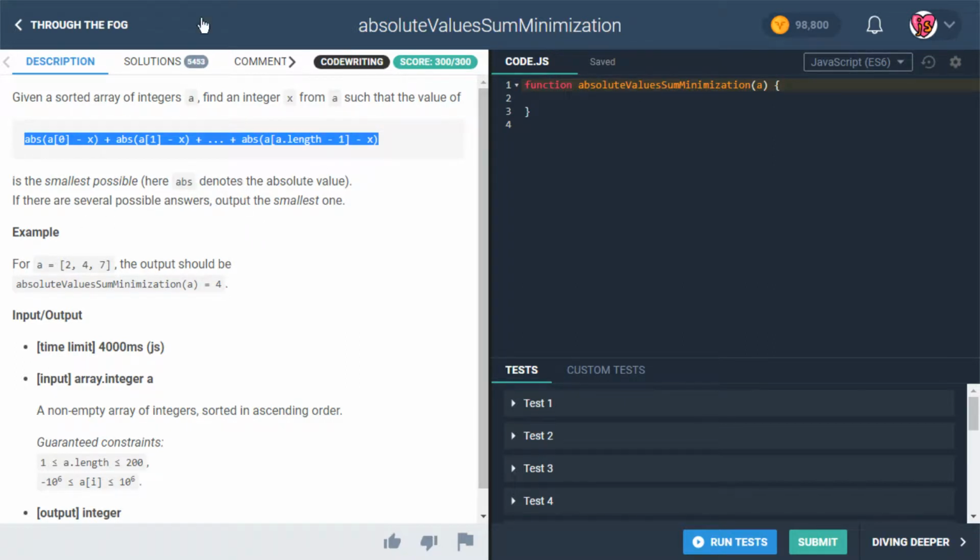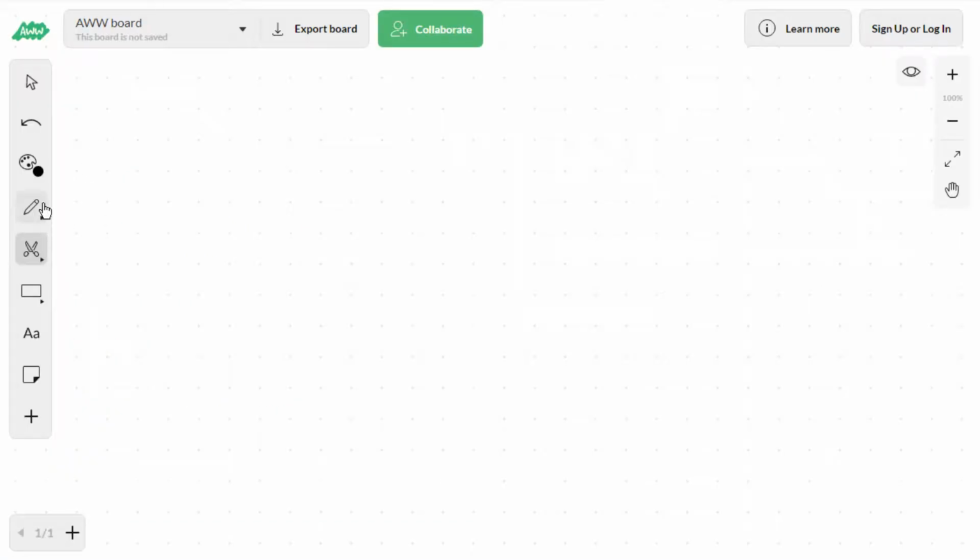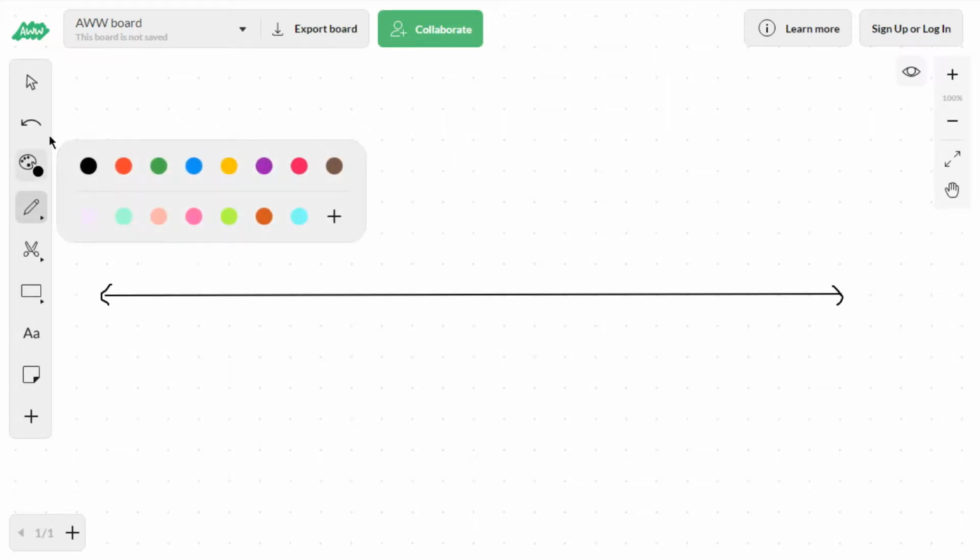So if we want a visual, we'll switch over to our AWW whiteboard here. This app has gotten a lot better. They sort of redesigned it recently, and we've got a whole bunch of new features. We can do lines now, which is great. So my stuff is going to get a little less sloppy, I think. Maybe not, but anyway, we also have all these amazing custom colors that we can make now, so we're not limited to these guys over here. We can put in whatever colors we want. So I loaded up a few of them already. We'll start with